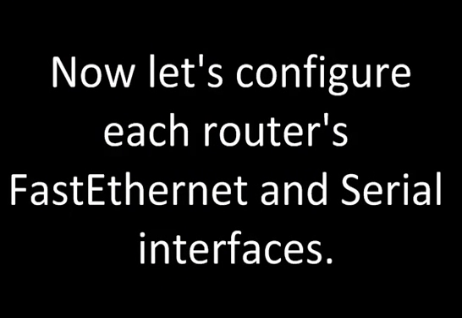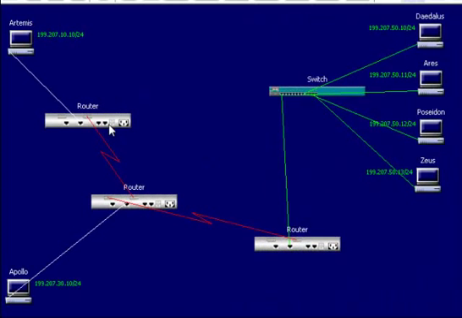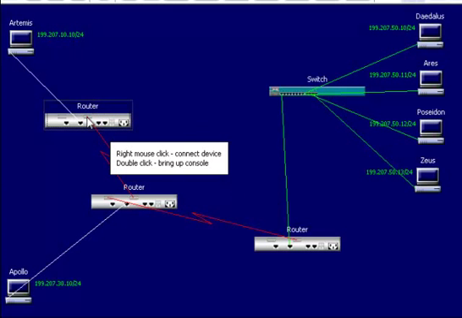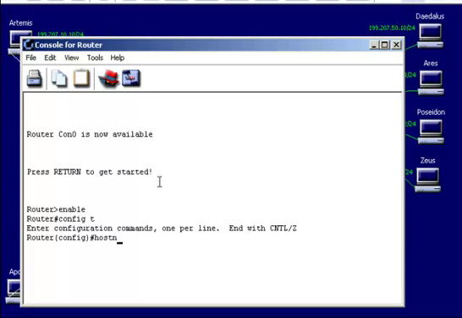Now let's configure each router's Fast Ethernet and serial interfaces. Configuring the first perimeter router. We'll start on the perimeter router here on this subnetwork, and notice that to serve as a gateway for network 10, it needs to be configured as 10.1. And then for the connection here, we'll do 20.1 on the serial connection. So for that first router, I'm going to log in, and I'll go to privileged mode, and from privileged mode, go to global configuration mode, and let's give it a host name,